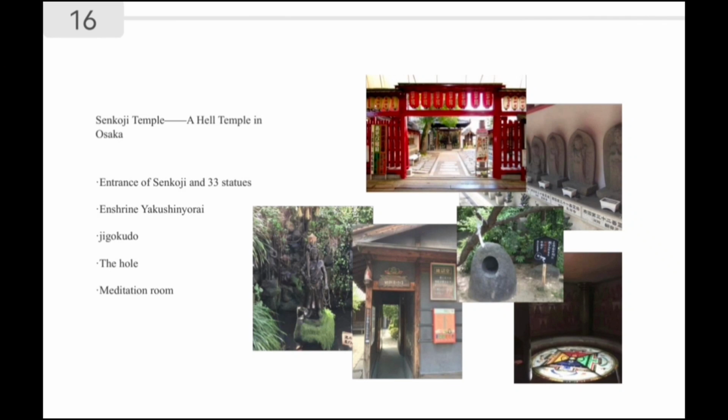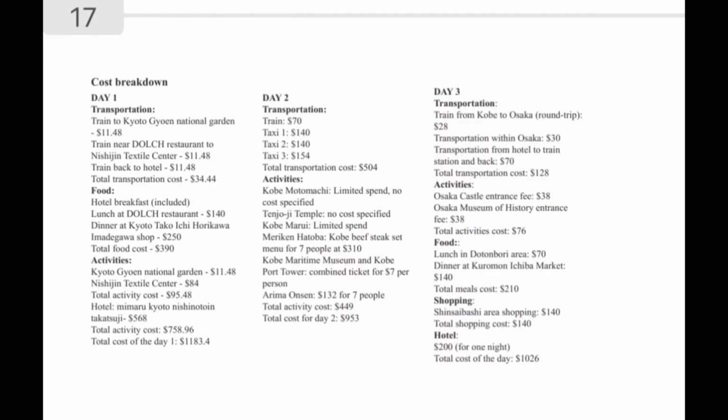This photo is the meditation room. We can meditate on the glass floor while surrounded by 50 Buddha statues. Here is the detailed information of our consumption during the 3-day trip in Japan. Adding up the total transportation, food, and activities cost is